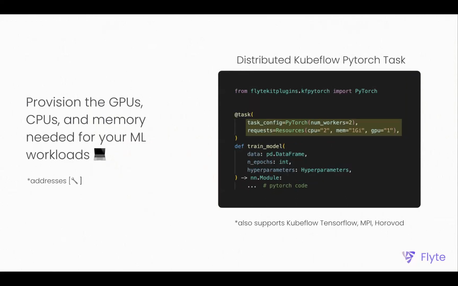And then another example that's an ML workload. This is a Kubeflow PyTorch example, where if you want to do distributed training, so I'm training a model on multiple nodes, PyTorch handles the distributed training for that, so you don't have to worry about it. But what Flyte gives you is the ability to say, hey, I want to run this PyTorch job on 2 workers, 2 instances, and I want to request a GPU, 2 CPUs, and 1 gigabyte. And this is how you ask Flyte to get these resources for you. It'll spin up the required instances and then tear them down once you're done with them.